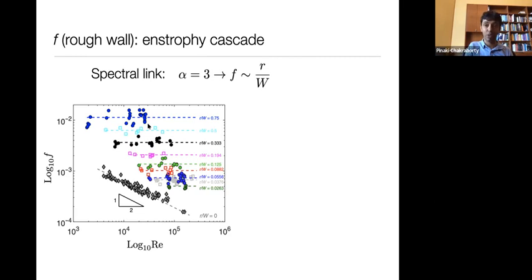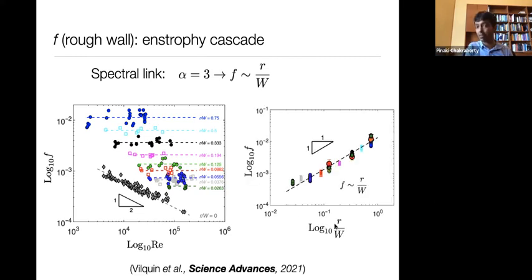If we take this asymptotic value and plot it against the roughness, we get a power law of exponent 1, which is precisely what we would predict for alpha equals 3 using the notion of the spectral link. It is completely and distinctly different from the exponent 1/3 that we would get for the case of energy cascade, alpha equals 5/3. Okay, so I hope I've been able to give an overview of some of the ideas